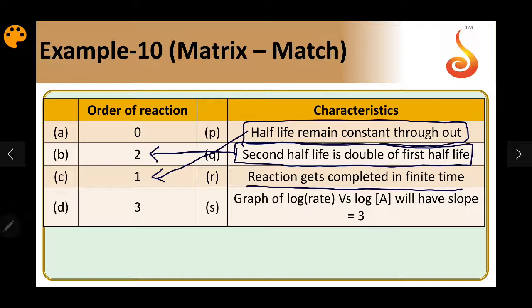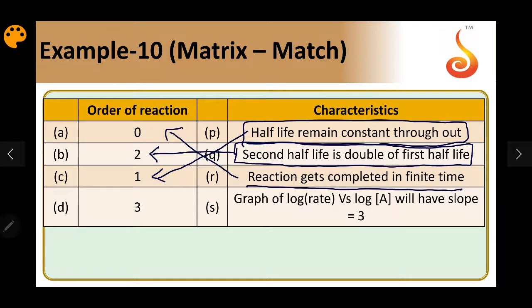So the concentration curve theoretically ends at only infinite time. Practically, it has to end at some point of time. But the theoretical concept is that first order, second order, all are exponential decreases that will not become zero at any point of time. So this will be mapped to zero order.